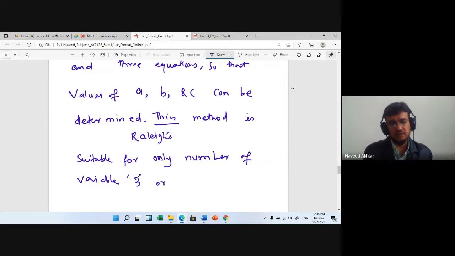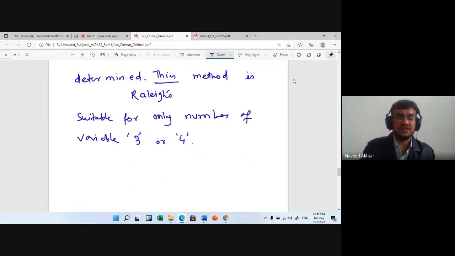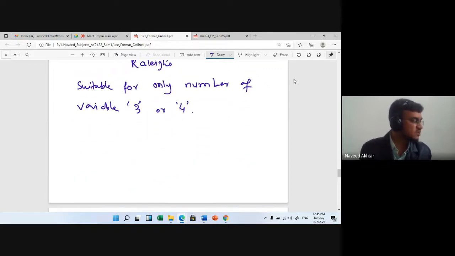If the number of variables is 3, that is x, y, z, these 3 variables, okay? And you can add u, v, x, y, z, 5 variables. So we cannot go further, okay? V, x, y, z, 4 variables we can solve. 4 variables need 4 equations. Okay, 4 unknowns, 4 equations. But if there are more than 4